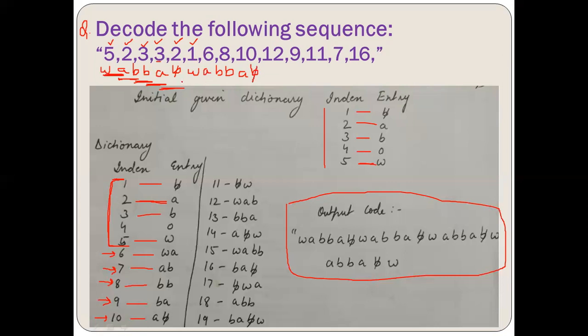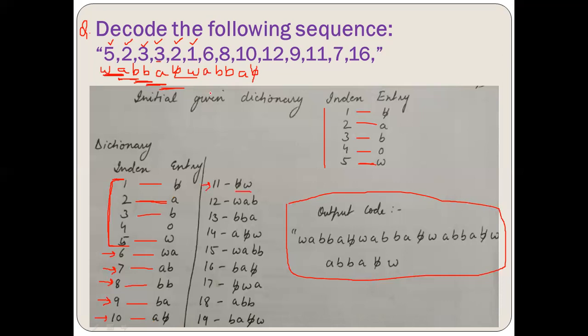Right? Now going back to the sequence, what we have done till A, B bar. Up till here we are done. So now moving further, I'll take B bar again, B bar W. Taking B bar W is not there in the sequence of dictionary anywhere. So at the 11th position, I'll make a new entry as B bar W.